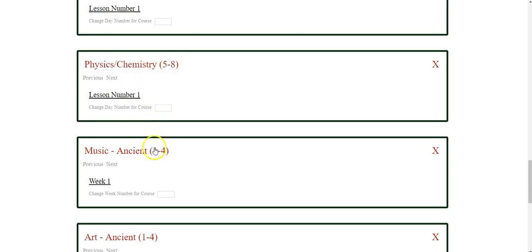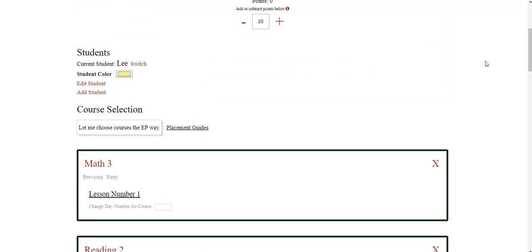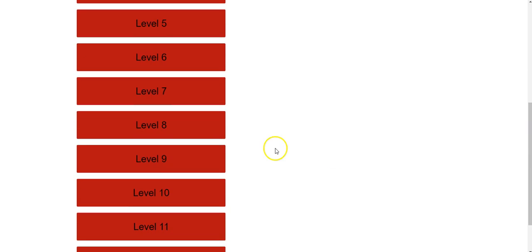So these numbers here, that's the levels. This is for levels 1 through 4. This is for levels 5 through 8. So the high school 9 through 12. So let me show you some more ways to choose here. So if you have a high school student, you can just